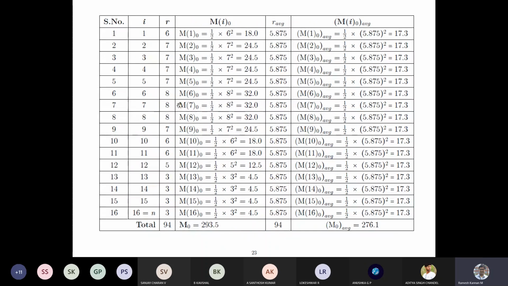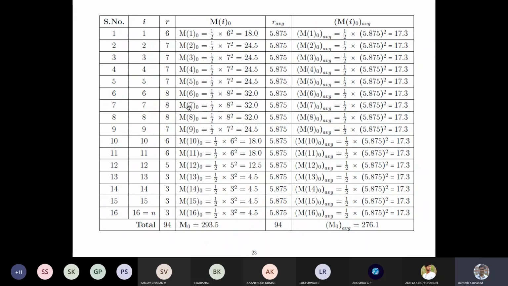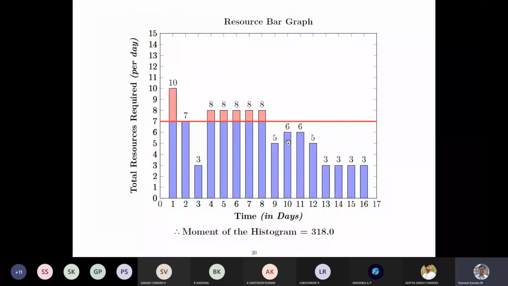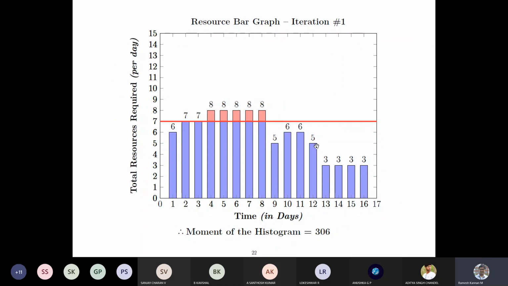Then we'll cut down the 8 profiles into somewhere like, in this case, 6, 6 and 5. We'll move 1 to here, so that will become 7, and this will become 5, something like that.